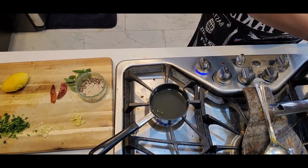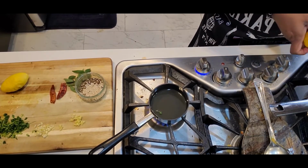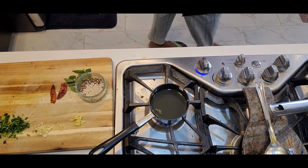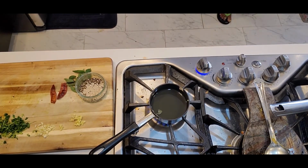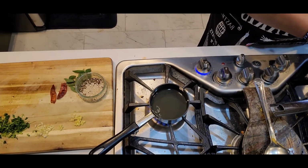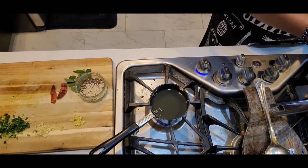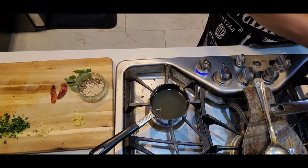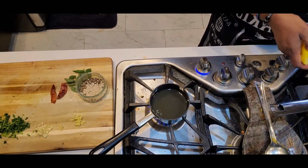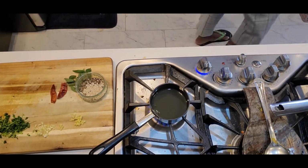Remember, you already added tamarind juice to it, so depending on how much quantity you are making, you can add the lemon. Half a lemon if it's big size, the way we get it here. If you have those small green ones, what I've heard is, and I've not experimented with it yet, and I don't know if that's true,